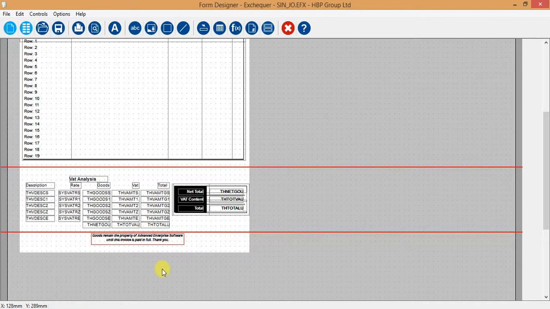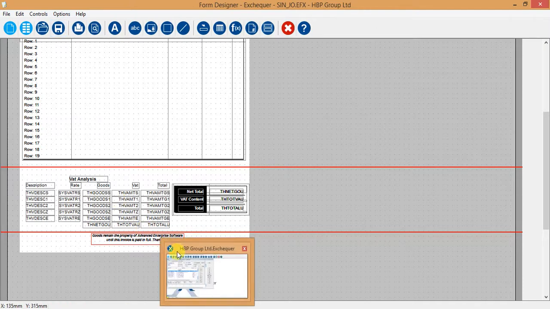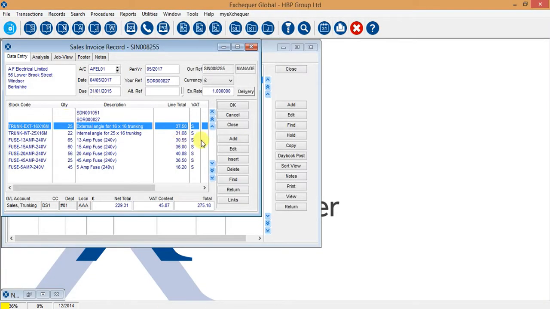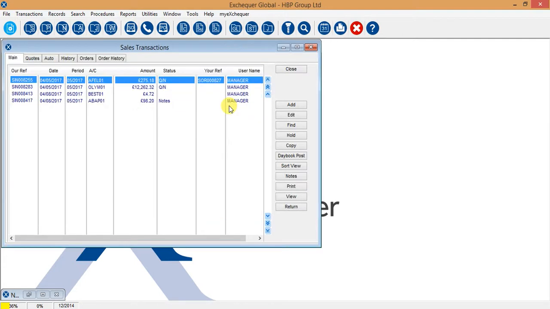So I'm actually going to go and print one of my sales invoice designs to this form design now, just so we can see a little bit more information coming through on that. So if we print this sales invoice here,